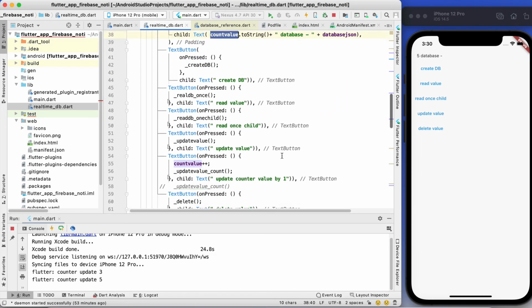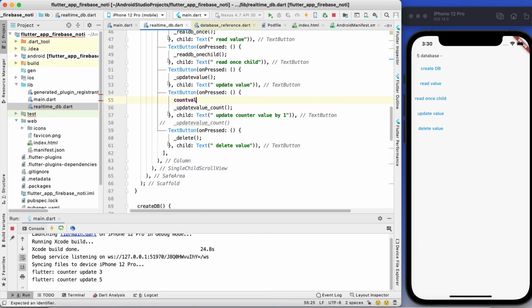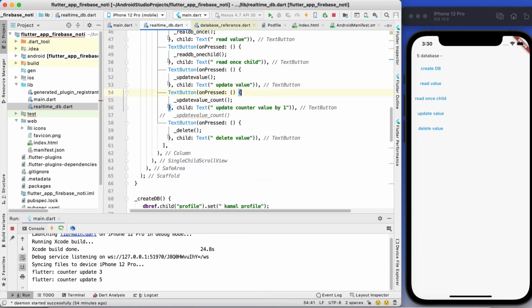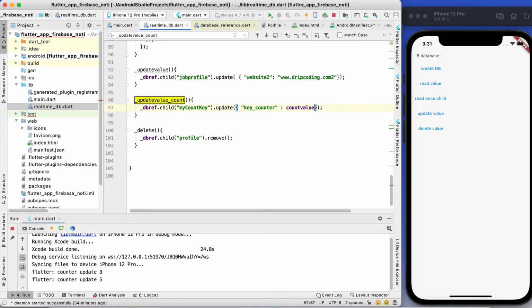Or even if you think that these two variables are the same, I will just make it plus 1 there.